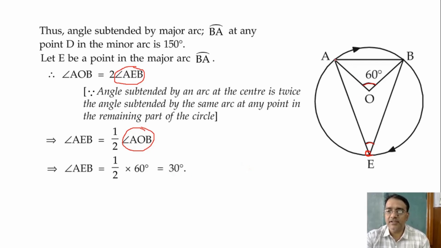We could have done this in another way too. Let's look here for a minute. This angle we already got as 150 degree, in the previous slide we got 150. So these two angles are the opposite angles of a cyclic quadrilateral, and their sum is 180 degree. So that property also you can use to get the value of this 30 degree. Is that clear?